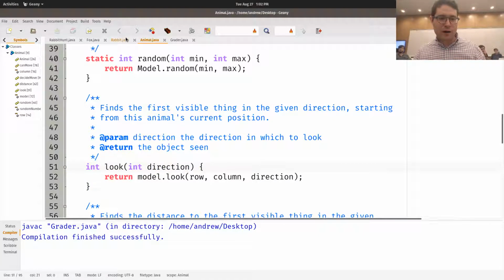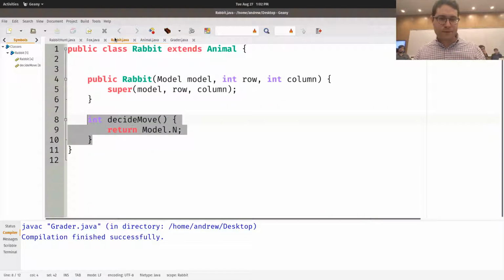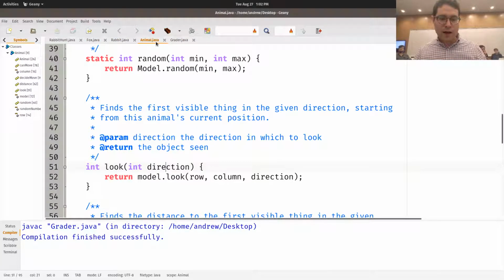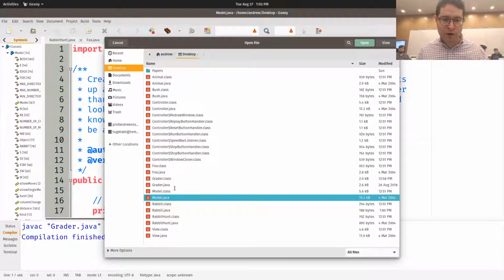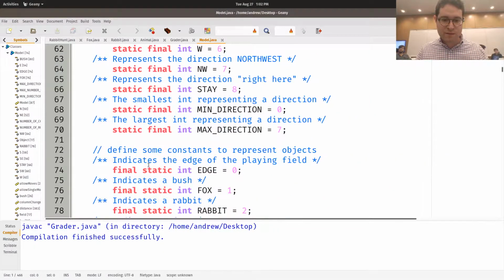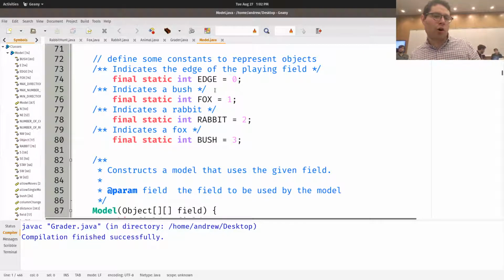So if I decide to look in a direction, I'll get a number back. What is the number? Well, that's according to model. Model also has numbers to represent all the things you can look at: the edge of the field, a fox, a rabbit, or a bush. But remembering that 0, 1, 2, or 3, again, is hard, so you just simply use model.edge, model.fox, model.rabbit, or model.bush.